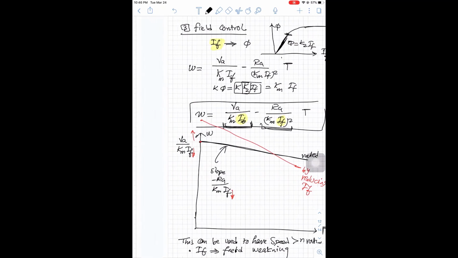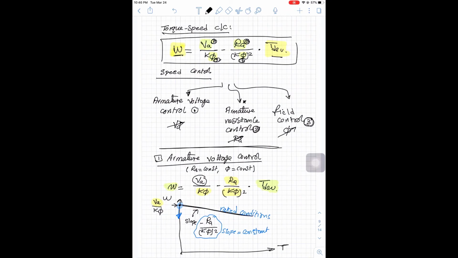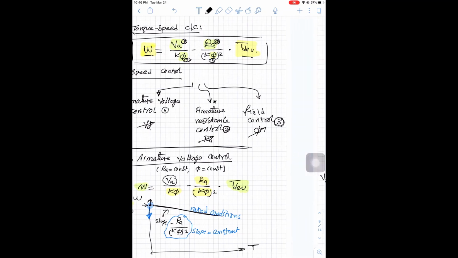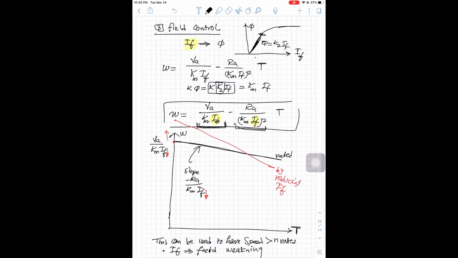So what we covered so far today, we covered 3 types of speed control. The first speed control is the armature voltage control. The second speed control is the armature resistance control. And the third speed control is the field control. The armature voltage control can be used to control the speed below rated. The armature resistance control to control the speed below rated. The field control to control the speed above rated. We will not use armature resistance control because it's not efficient, but we will solve some problems on this. So next